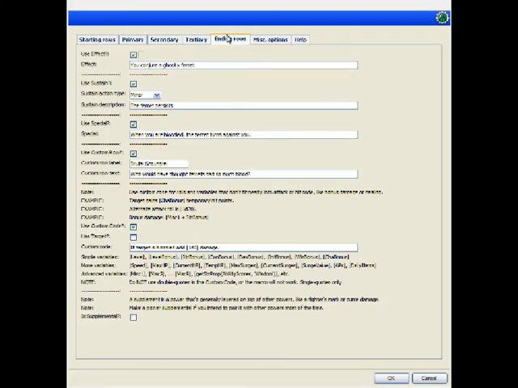Is the ending rows. Use effect, use sustain, use special, use custom. These top 4 are all just flavor text. The only row that matters here is the last one, which